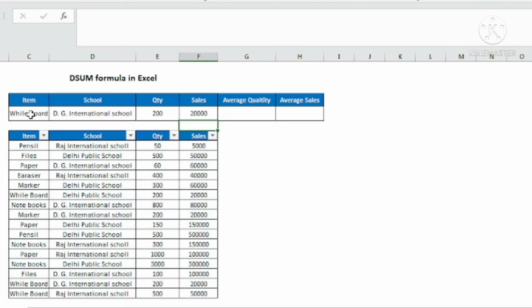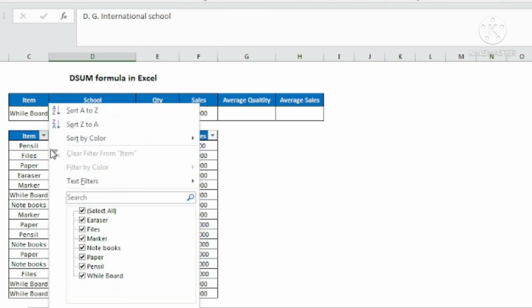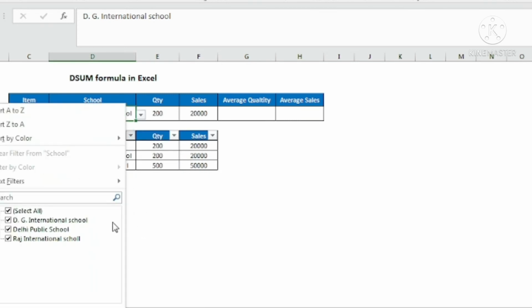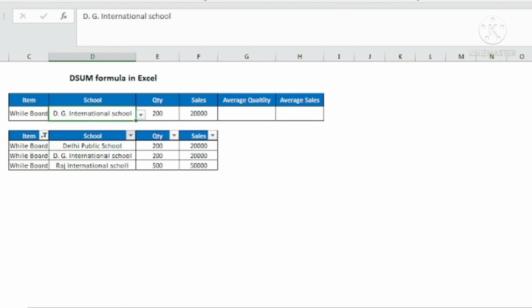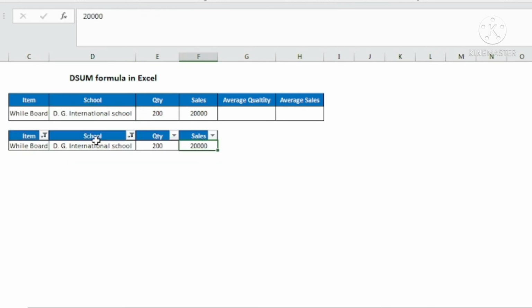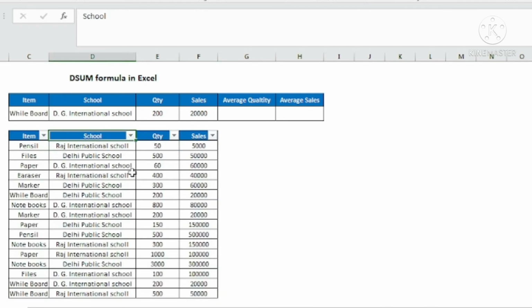Now for whiteboard, for the school DG, the total sales should be 20,000. Let's go ahead and check that: whiteboard and DG International, the total sales is 20,000. So we are getting the correct answers like this. We can find this out with the help of a filter as well, but if you want to find it out with the help of a formula, DSUM is a very useful formula.